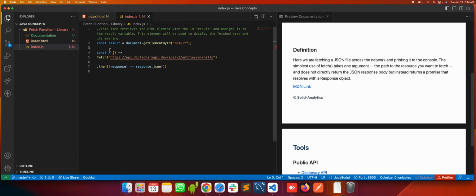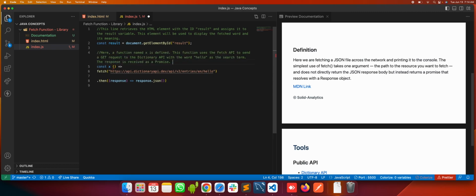Okay, so what we have done here is function X is defined. The function uses fetch to send a GET request, an important part, to the dictionary API with the word hello as a search term. The response is then received as a promise.